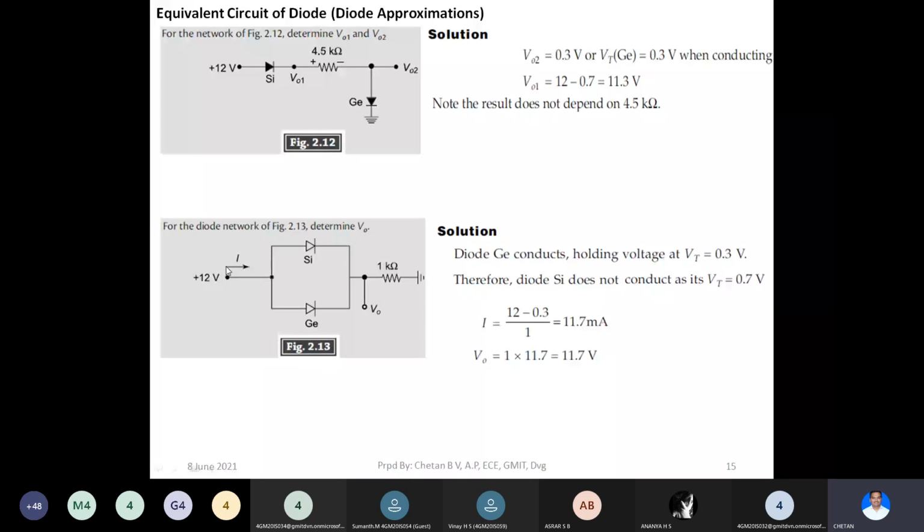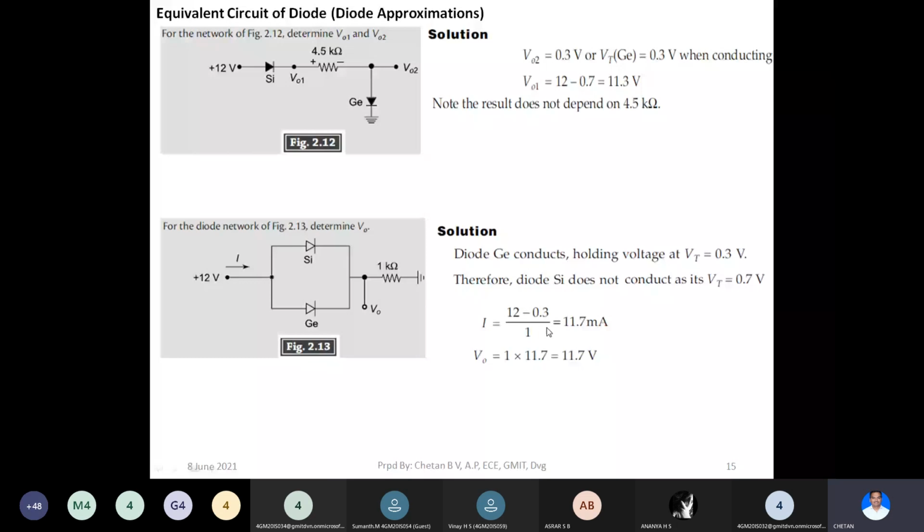How would you find out capital I value? It is very simple. Capital I would be equal to, again by applying KVL and making a rearrangement, this voltage source 12 volt minus the voltage drop across this, which is 0.3. 12 minus 0.3 would be in the numerator. At the denominator you have the 1 kilo ohm, the resistance through which this current I would flow, right? So that is the resistance, which is 1 kilo ohm.